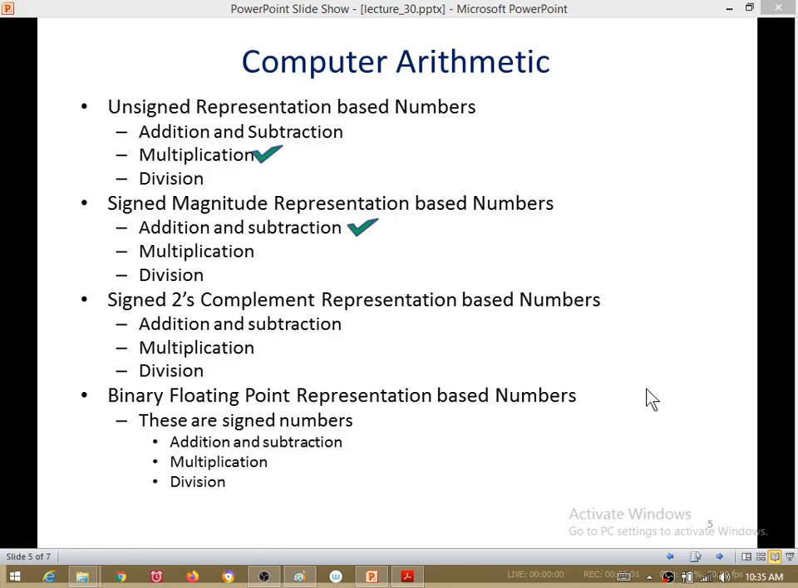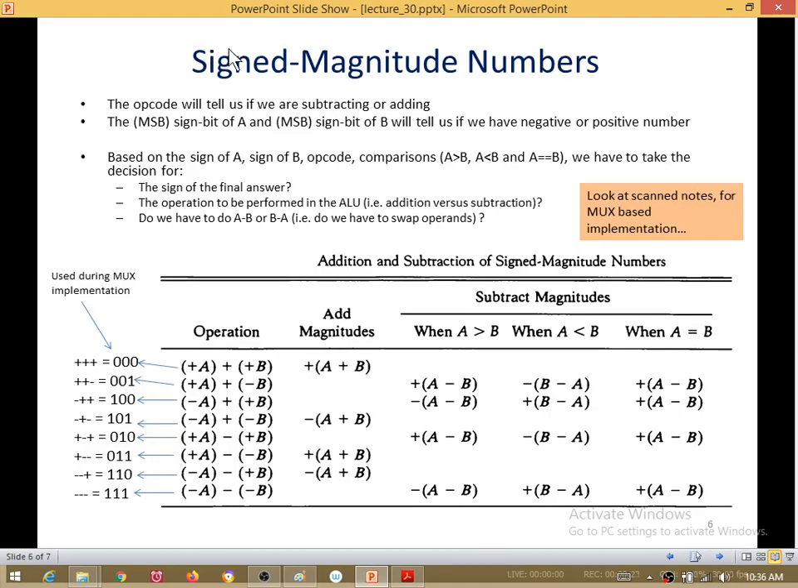In the last example, what we looked at was multiplication of unsigned numbers. Now let's take a look at the addition or subtraction of signed magnitude representation based numbers. So remember that we are in the domain of signed magnitude numbers. So this slide talks about signed magnitude numbers and how we are going to be able to add or subtract